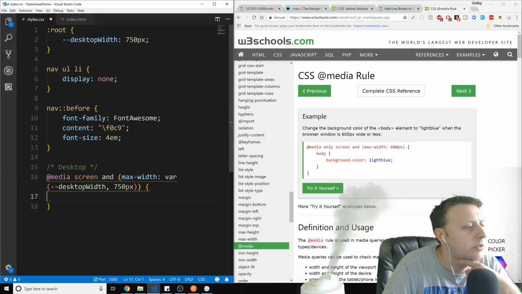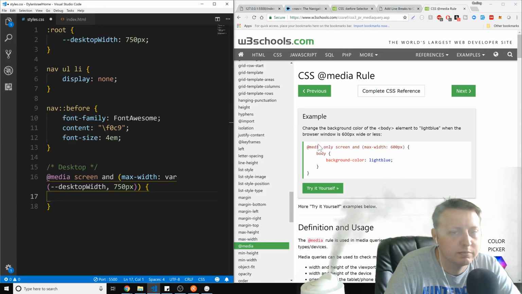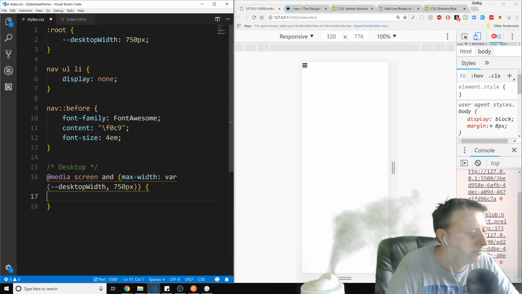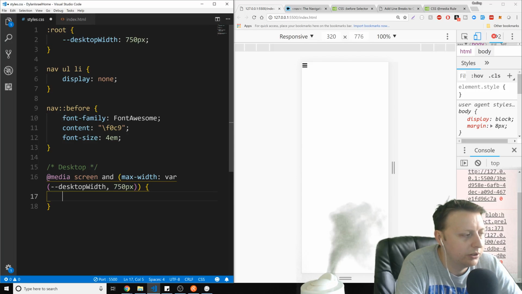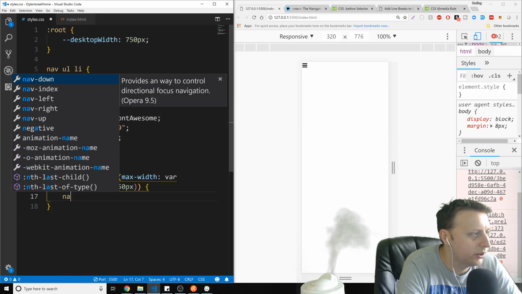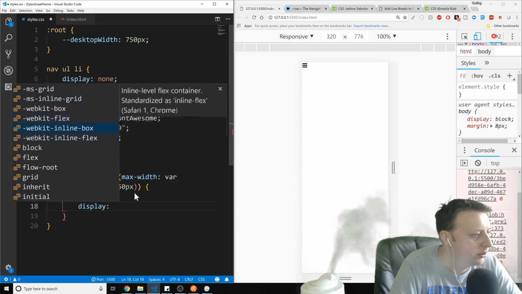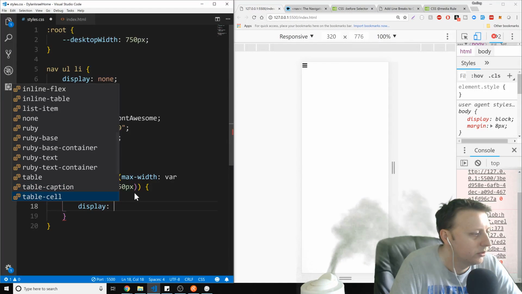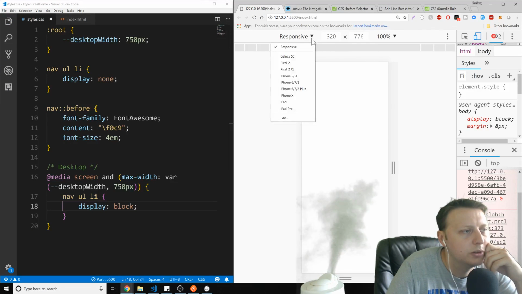All right, cool. So now we have our CSS set up for our desktop for our media query. And what we want to happen here is, we'll go back to our nav ul li and I'll just display block for a second. I think we're gonna use CSS grid in just a second. So when we take this out of responsive mode,